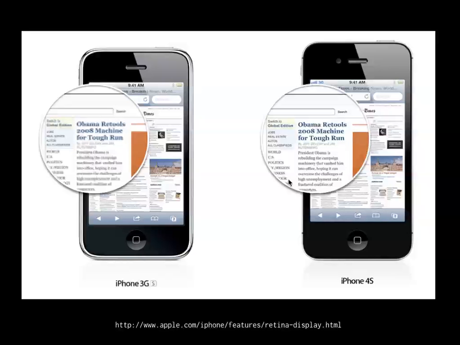This example that I'm showing here is not something fancy or special going on. The type just looks sharper on these high-res displays because the phone is taking care of it. The browser and the operating system are taking care of it. The New York Times doesn't have to do anything. So type renders fine on high-res displays, and you don't have to do a thing as a developer to make